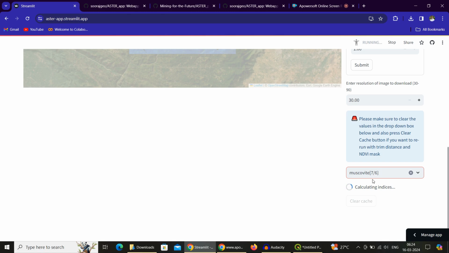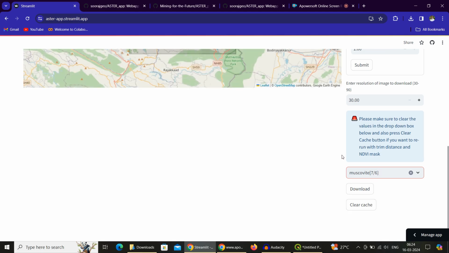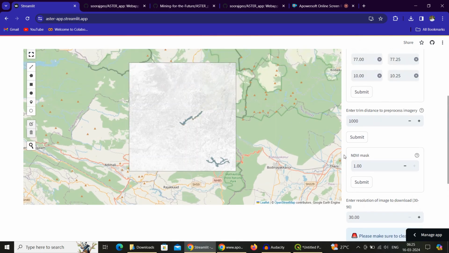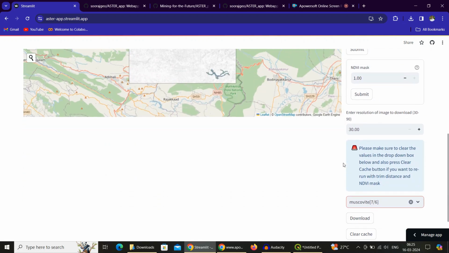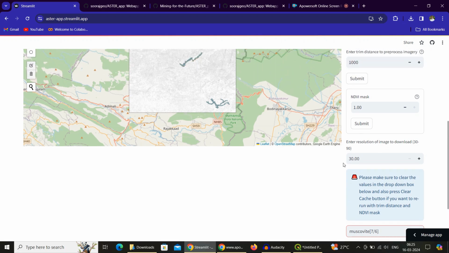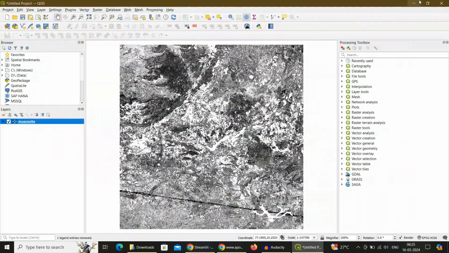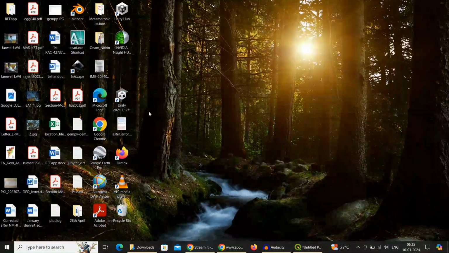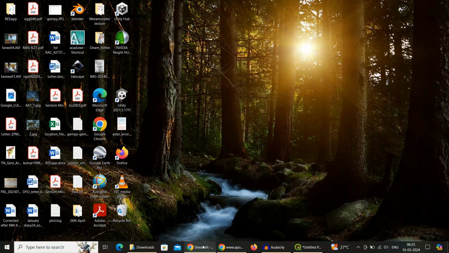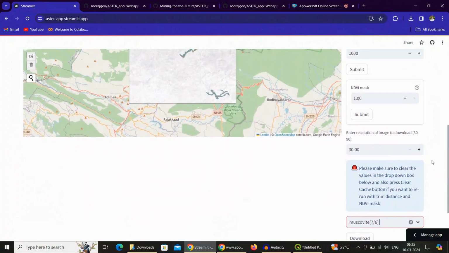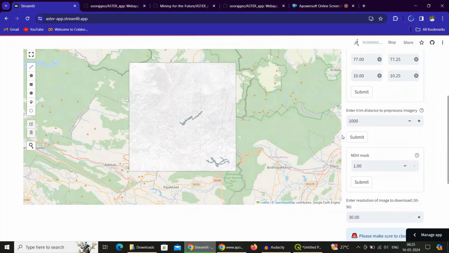usually this image calculation includes huge number crunching. Since it is my free Google Cloud service account, it might throw some errors like user memory limit exceeded. For example, I have taken a screenshot of that. If you see this error, user memory limit exceeded. This error comes sometimes due to the restrictions with the Google Cloud. So now if I download this Muscovite band,